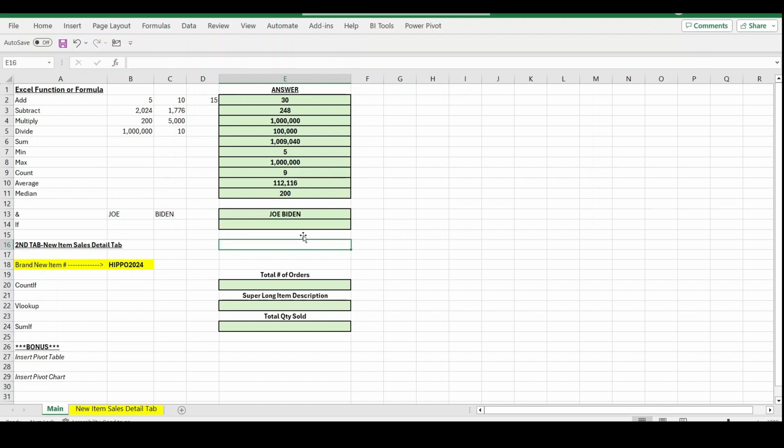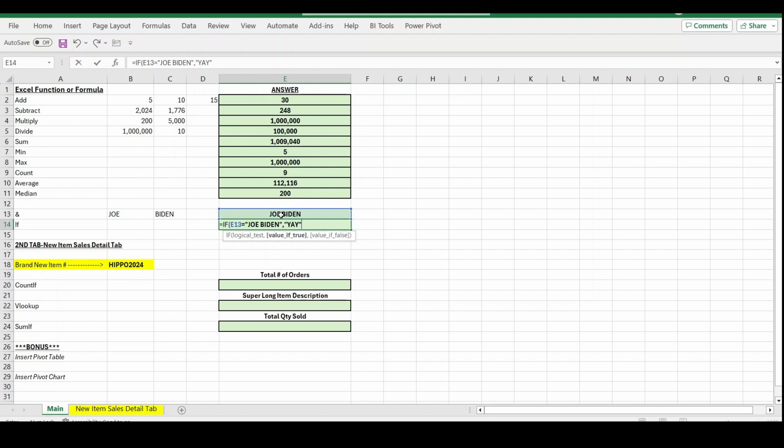your name now. Now for the if statement itself, we're going to type a conditional equals if open parentheses. And the logical test is going to be if this cell E13 equals, I'm going to type the value in with quotations, then make sure you put the comma, and then the value you want to insert if it's correct or true, we're going to make sure you put the quotation marks,